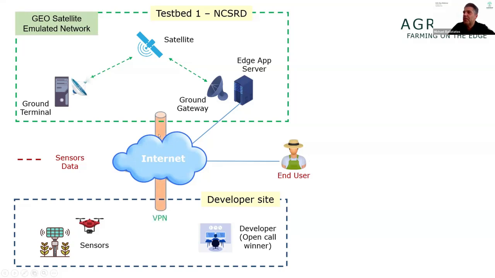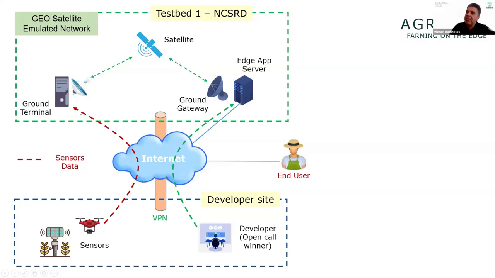Then you, using a VPN connection, will be connected to the Agrarian Testbed, to Testbed 1, and through the VPN you can connect to the server, install your application there, and test it. When you are ready, you will store it in the Agrarian repository, and your data from the field through VPN again and through the internet, they